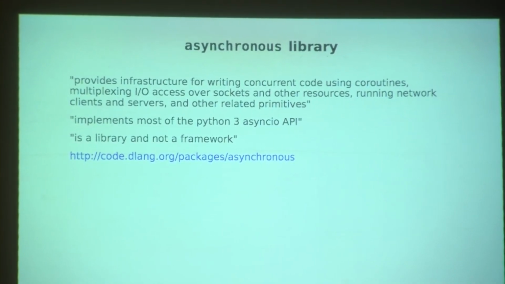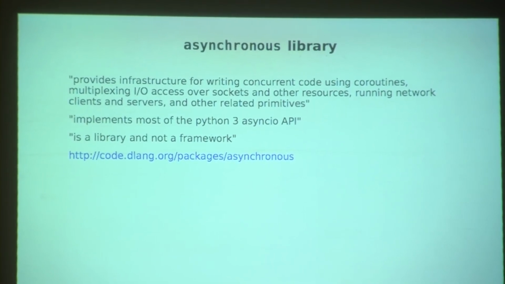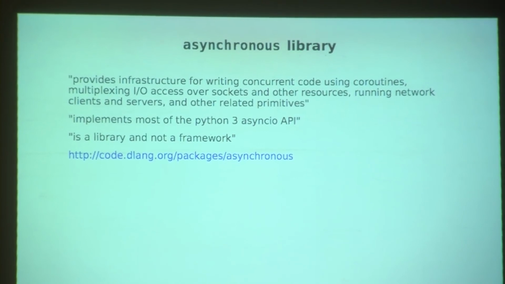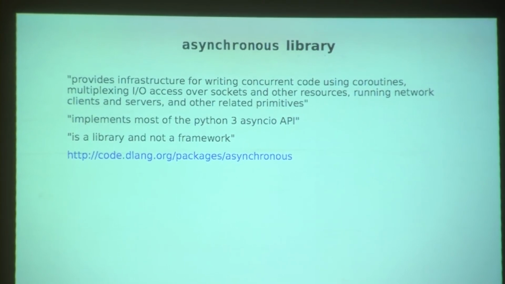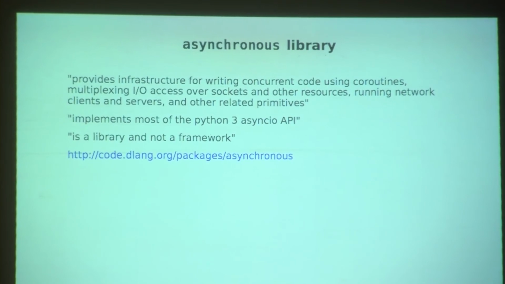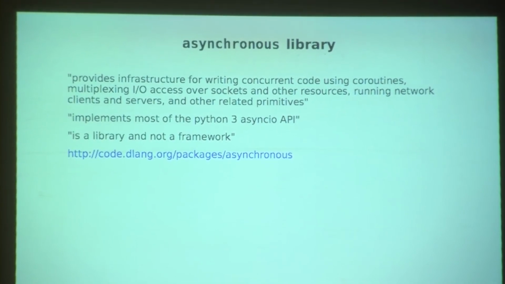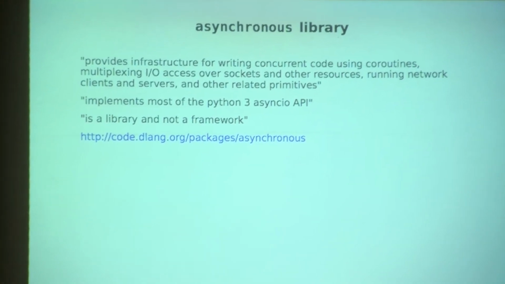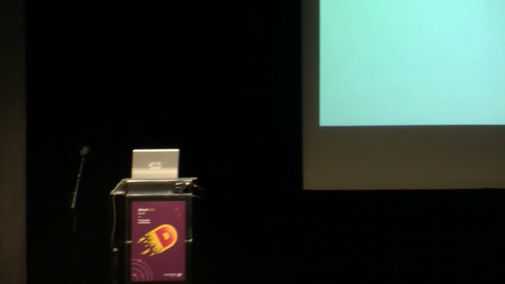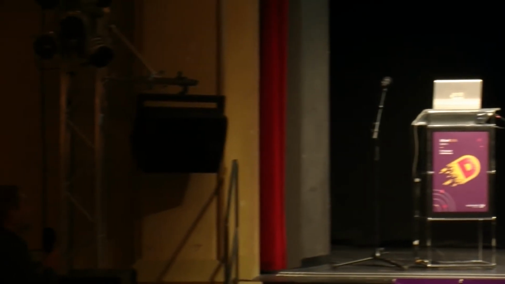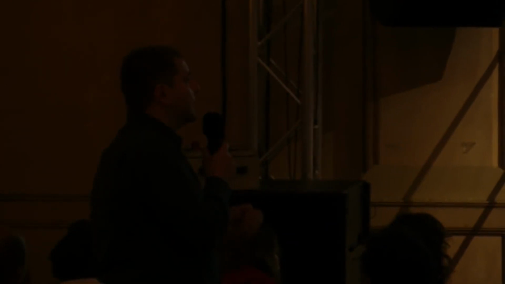And as I said, I had 3 reasons to do this. I had in my company some people that already knew Python async I/O, and it's much easier to use the D solution. Then we needed a library and not a framework, exactly as you say, because vibe.d means really to give up your standard sockets and all these things. And then, I had a lot of fun implementing it.